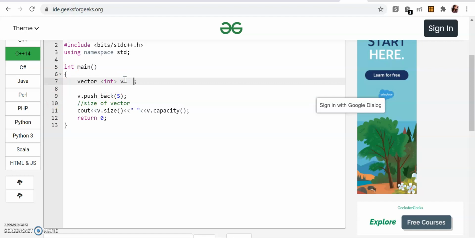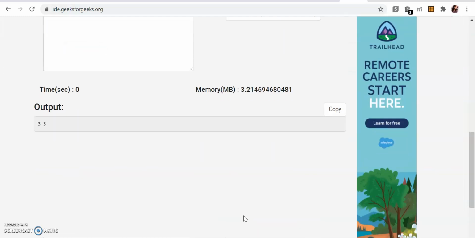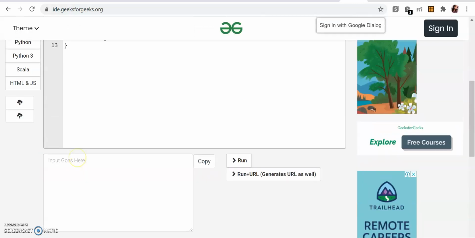For that, we'll initialize this vector. Let's remove this, and now let's see what the size and capacity are. Because you are initializing it, initially it should be the same. See, right now the capacity and size both are 3.